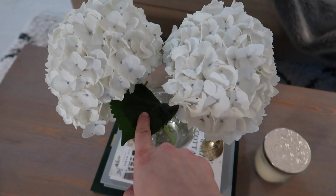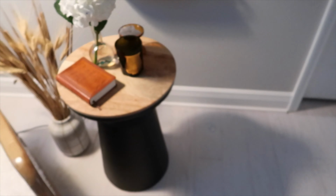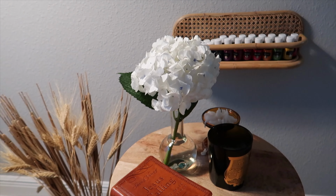I just randomly thought I would start the vlog here because something just happened and it's kind of magical and I thought I would share it with you. So I actually talked about this on my Instagram stories a few days ago. We got these hydrangeas. They're very beautiful. We got them over 10 days ago and they are still perfect and beautiful and fluffy. But we did have another one in here. There was like a bunch, like 3 bunches of them. And I put the other one in its own little thing here because I had roses, but the roses all